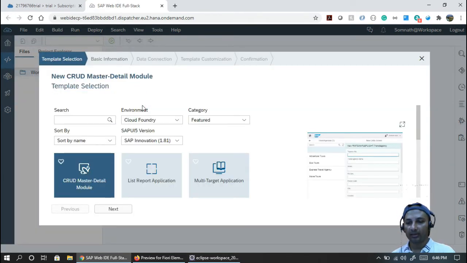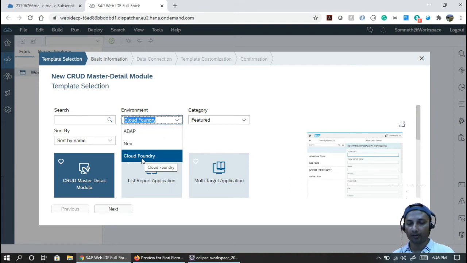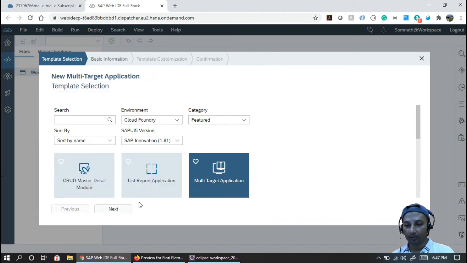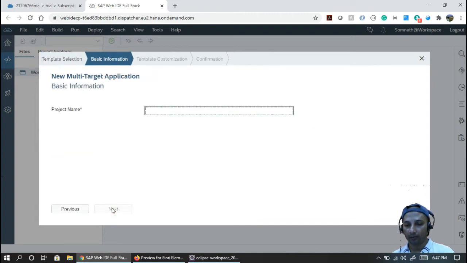In this case, by default it's selected to Neo or ABAP, you make sure you keep it Cloud Foundry, right? Because we did it all, we basically put it into Cloud Foundry. So select Cloud Foundry, and you will have an option called multi-target application. Okay, MTA. So select this one and move forward.